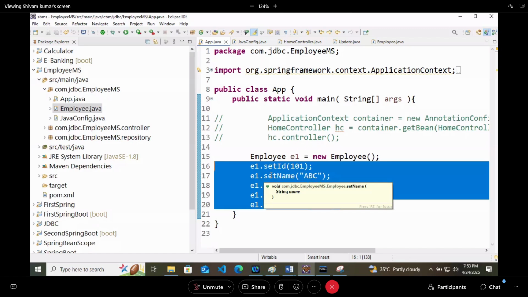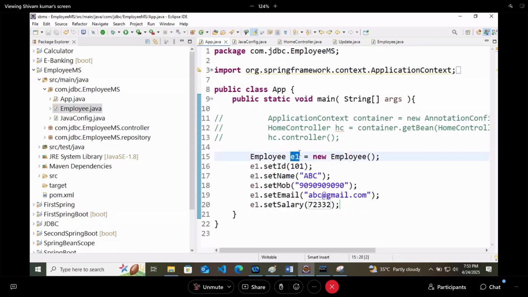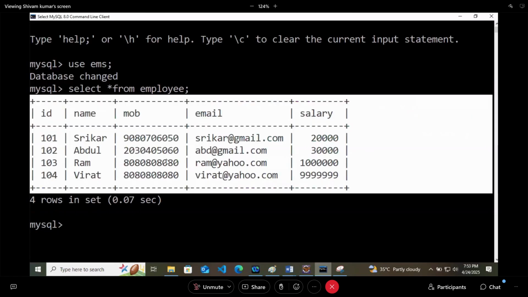Who will fit the values? Row mapper. Now this e1 is one employee that you are creating for yourself, where ID, name, mobile number, email and salary are all given by you, while the values are traveling from the database.